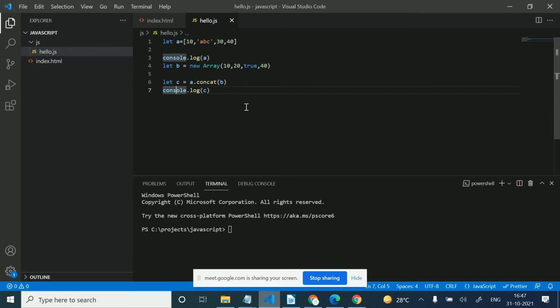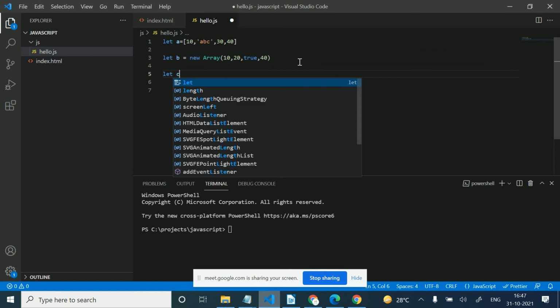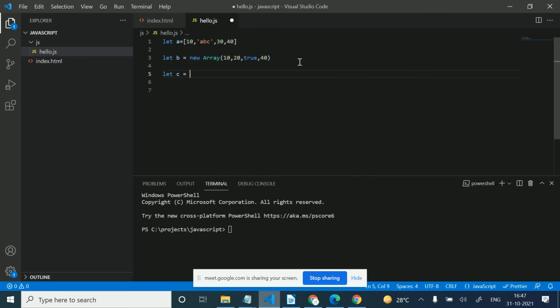Okay. So how can we create a multi-dimensional array here? Okay. So I can create a multi-dimensional array as well here. This is the multi-dimensional array: 20, 40, 50.